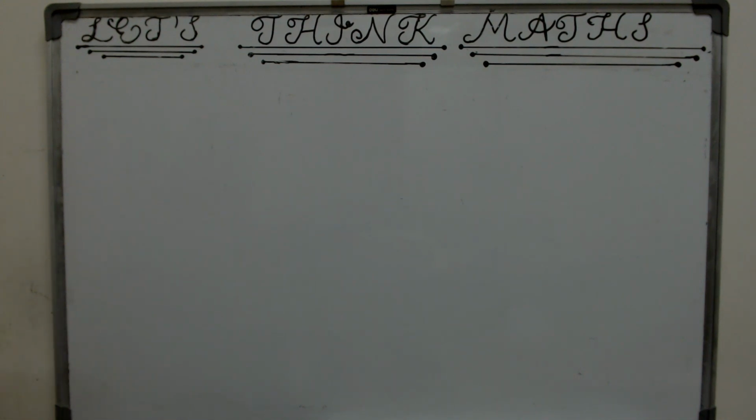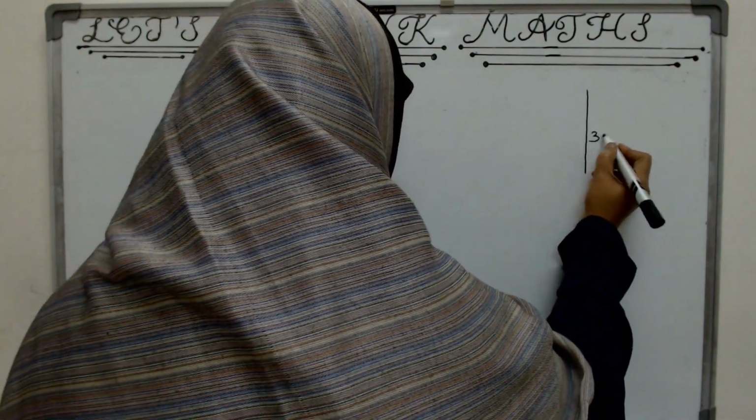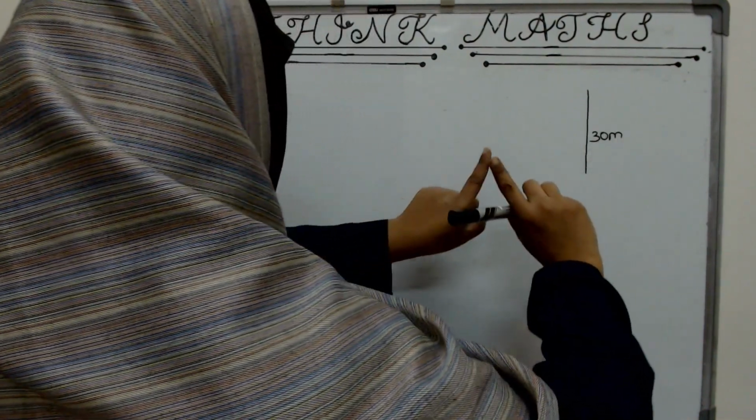Let us solve the CBSE sample question paper for 2023. Today's topic is inverse trigonometric functions. You have already seen the question. They have described a certain situation in great detail. What is that situation? There is a temple which is 30 meters high, and there are two men standing on